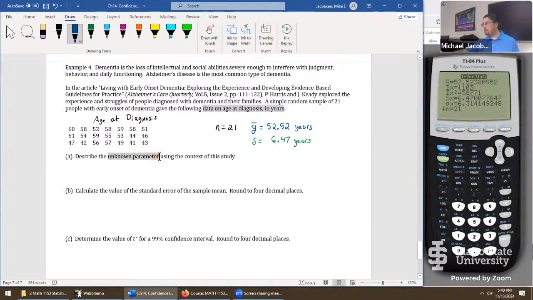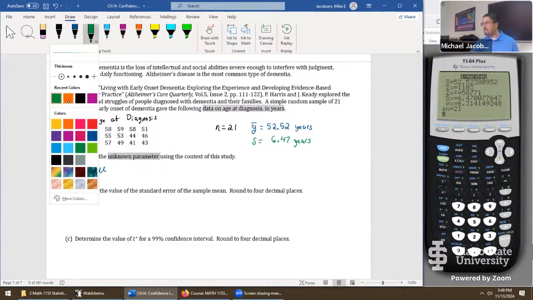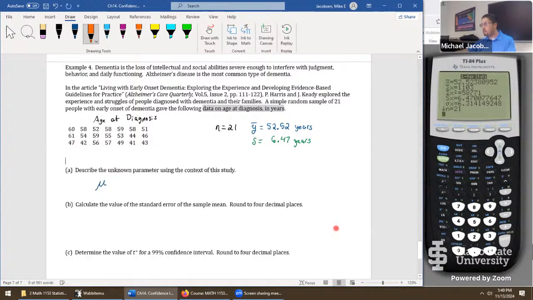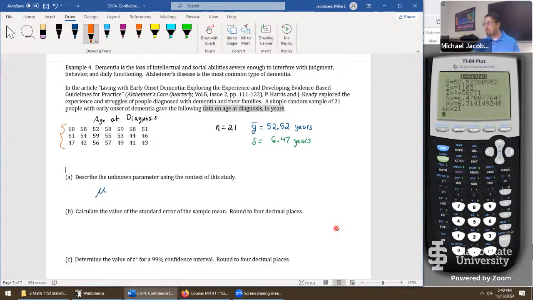We want to describe the unknown parameter, and that means for these data, since it's quantitative, we start by writing out mu. That's a decent thought to connect right here. We have quantitative data. And so that tells us the parameter is mu in this problem. Mu is the mean, but we could also call it average if you prefer. It's totally up to you. I'll write down here, mu equals the true